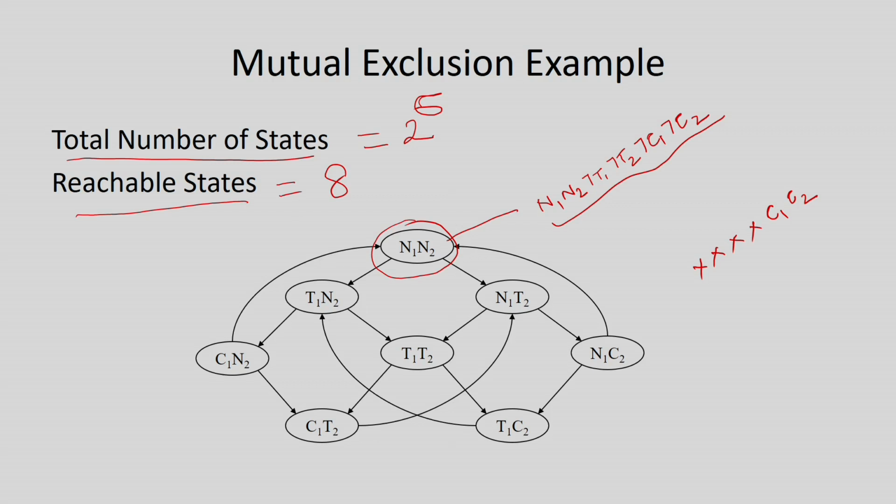Whatever the other variables may be, true or false, I have a total of 2 to the power 4, that is 16, different combinations where C1 and C2 are true, and this is not a desired behavior for my model, for my system. So, these 16 states are not reachable. Similarly, you can find the others also. Finally, out of 2 to the power 6, we have only 8 reachable states in our model, and we are going to design for this particular model only.